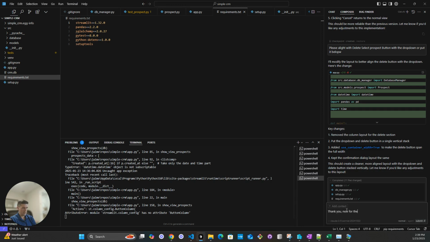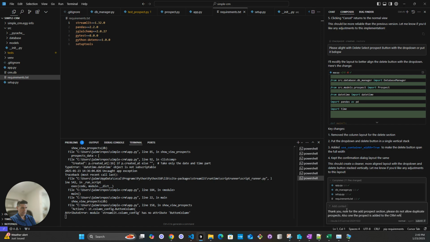Here now for the add prospect section, please do not allow duplicate prospects. Also, once the prospect is added to the CRM,